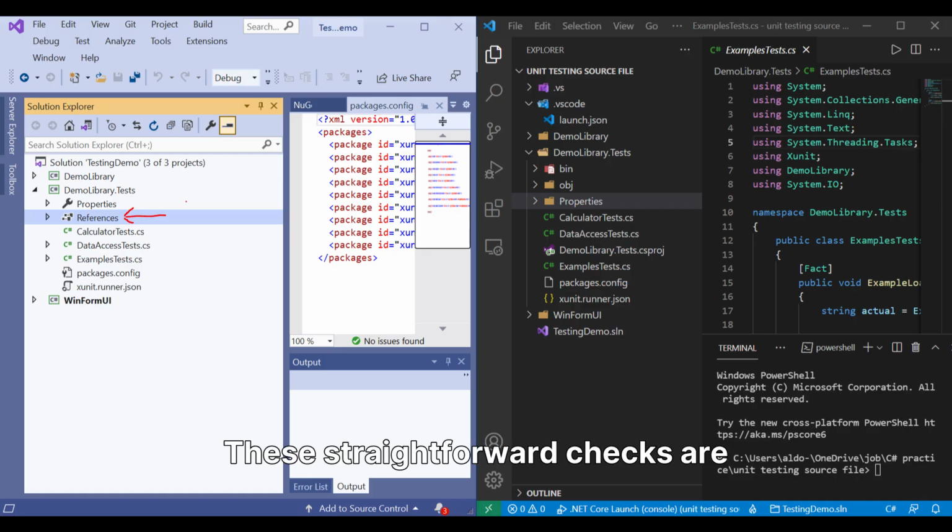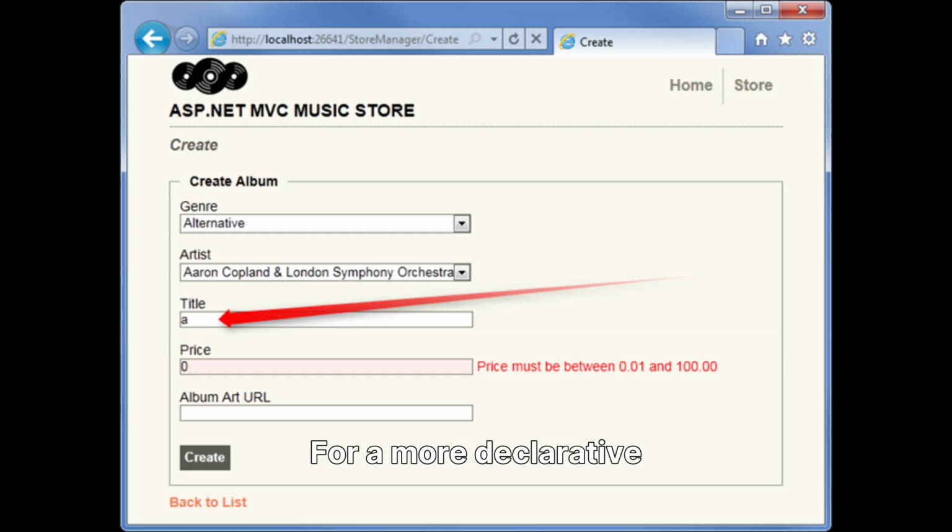These straightforward checks are quick to implement and ideal for simple scenarios, providing immediate feedback and halting execution early if criteria aren't met, thus safeguarding your application's logic from bad inputs. For a more declarative approach,